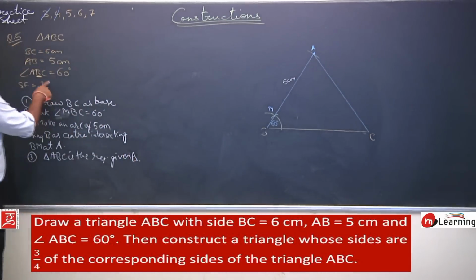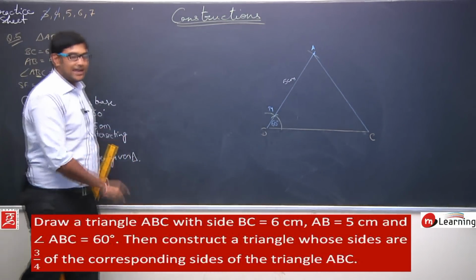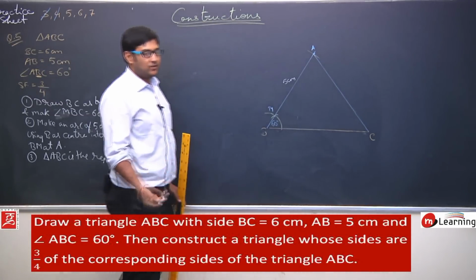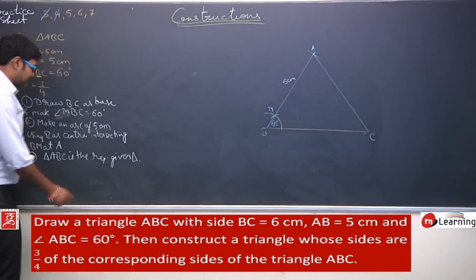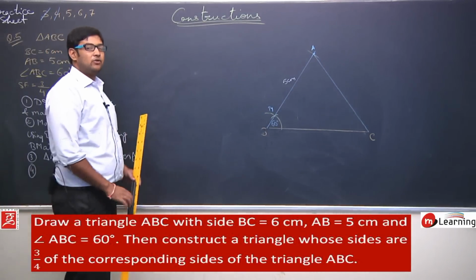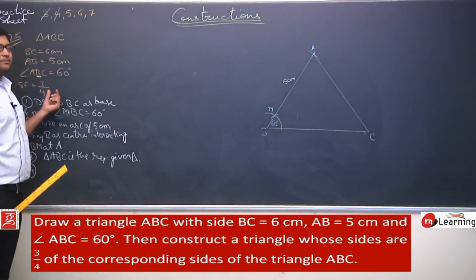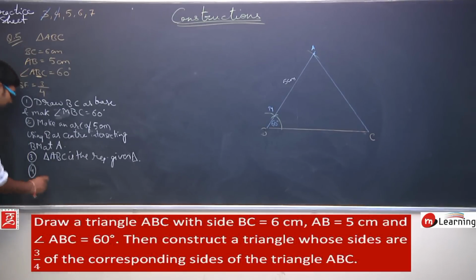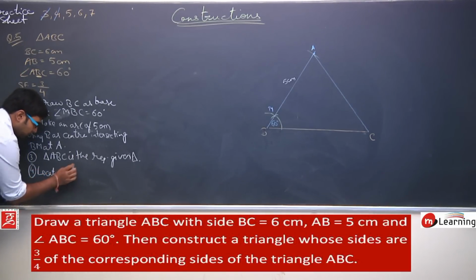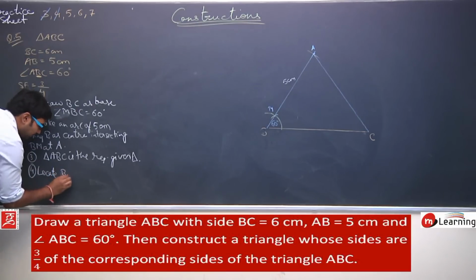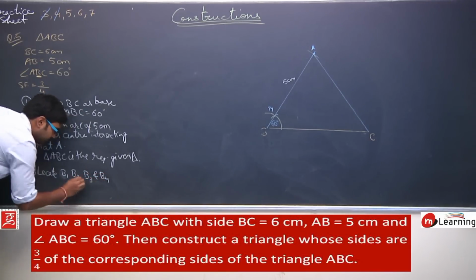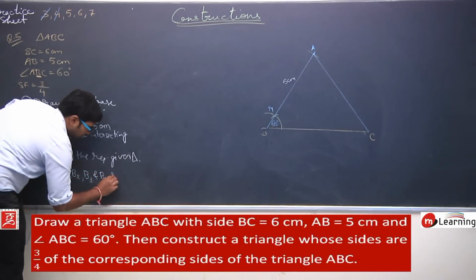You can see the scaling factor is 3/4. That means the triangle I have to construct should be smaller than this triangle. But the first step will be the same. After this third step, the fourth step will be to locate points. Now how many points do I have to locate? I can see the larger number is 4. So I will locate 4 points, B1, B2, B3 and B4, on